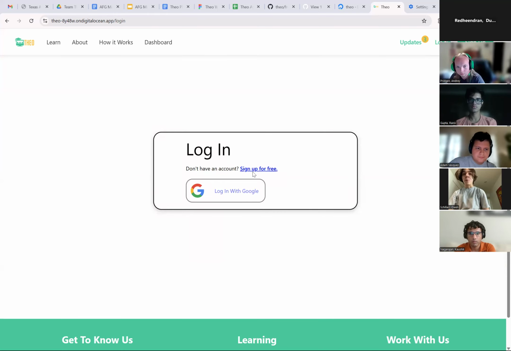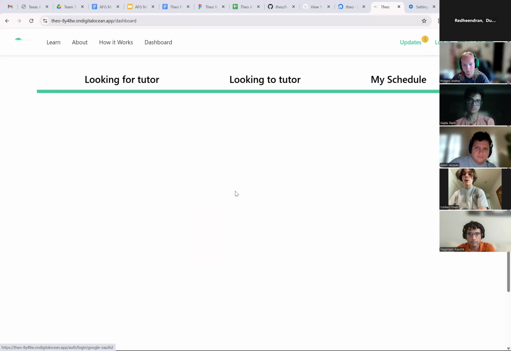My name's Owen. I worked on implementing the Google OAuth. So we implemented Google OAuth so users can log in securely using their Google accounts. We use the social auth app package to handle the OAuth flow and configured it so that our front end and back end support secure redirection and user session management.